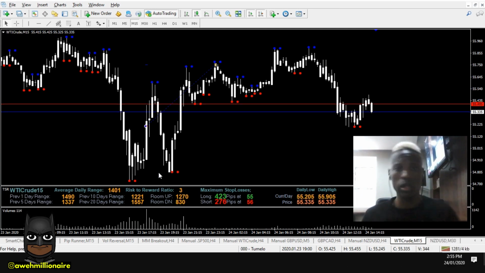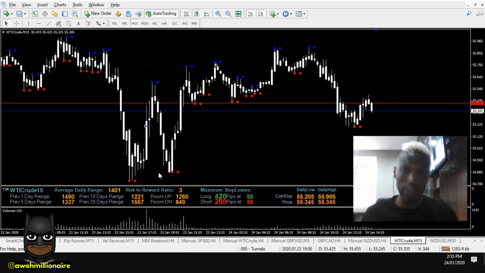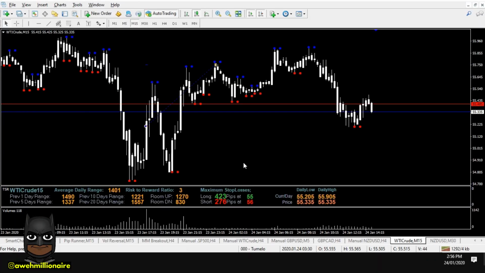But crude oil, long: how to trade crude oil inventories like a smart trader. Let's get it. So again, the word of the day, the clue of the day, is supply and demand. If you want to trade high impact news, if you want to trade these Forex fundamental news releases like a smart trader, then you want to trade supply and demand.